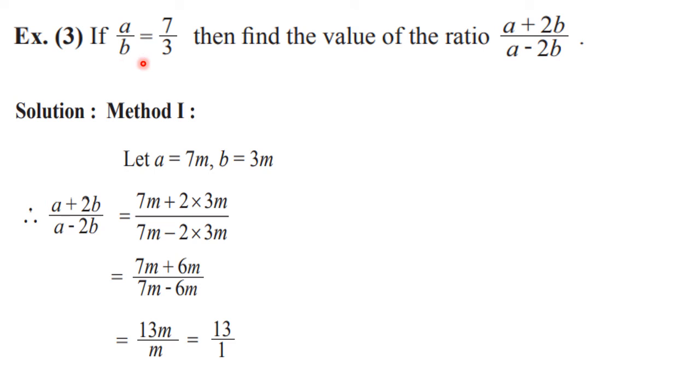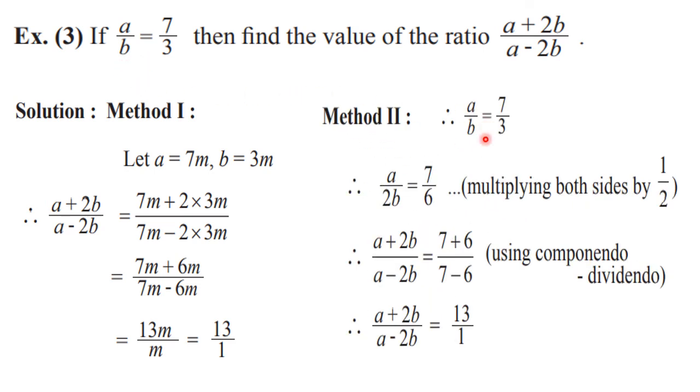So let's start with what is provided to us in method 2. We will start with A upon B is equal to 7 upon 3, which is given to us. Then I told you, you observe the question and decide what is the numerator and what is the denominator. So here what we can observe is the numerator is A, which is the same here. But the denominator is not B, it is 2B here. So write down that denominator, A upon 2B. Decide and write. Observe and write. Okay.